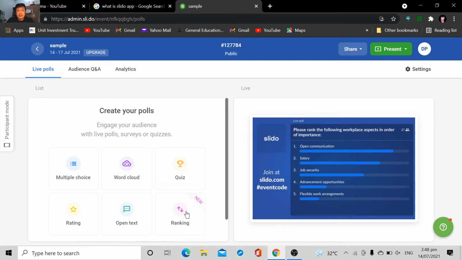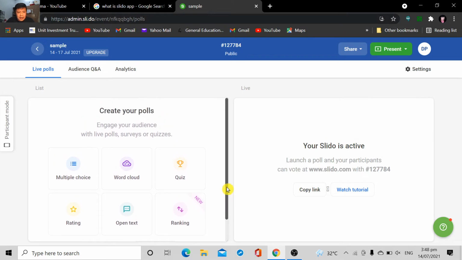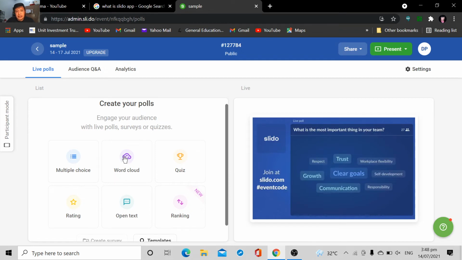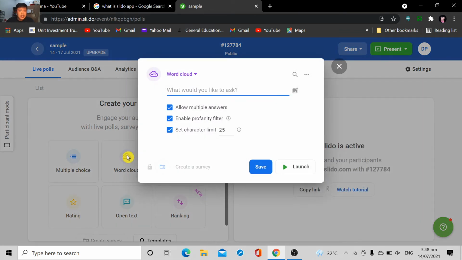And then the last one is ranking, which is a new feature for Slido, or Slido.com. Okay, so let's create one sample word cloud, and then we'll generate the link after this. All you need to do is type in the question that you would like to ask. For example, I would like to know, and give them a clear instruction, I'll just use all caps, in one word. So describe